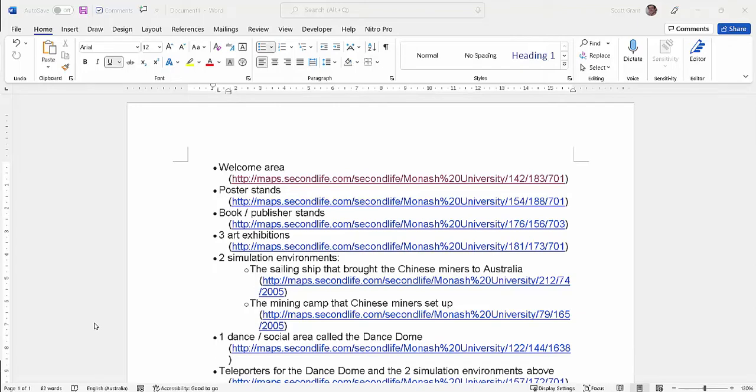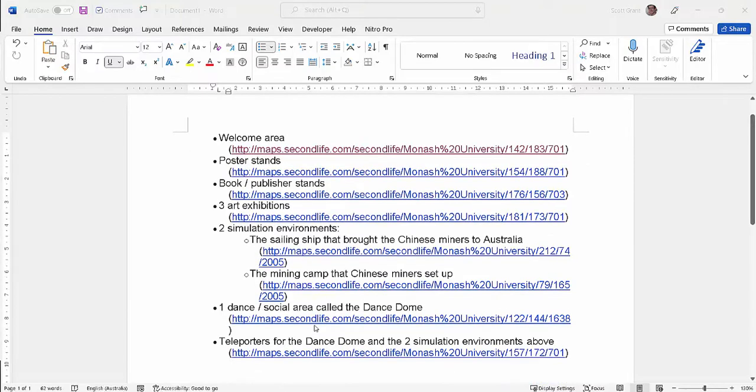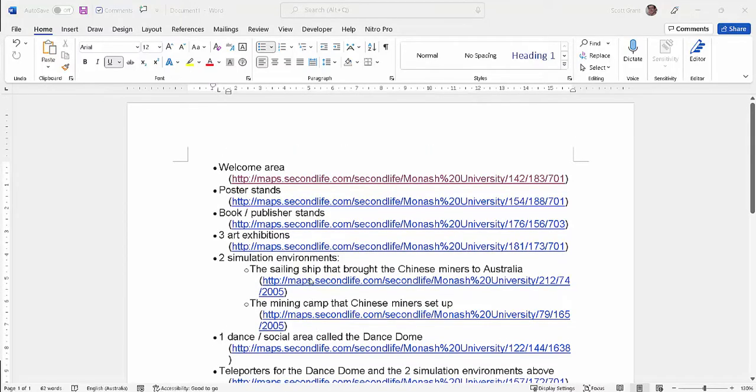The easiest way to get to the ASAA virtual venue is to click on one of these links. What I would suggest is that when people first go to the venue, they click on the first link for the welcome area. But if they decide to come back later and want to go to one of the other specific areas directly, they can click on the other links listed here, which will also be provided for everyone to use. So basically what you do is you click on the link